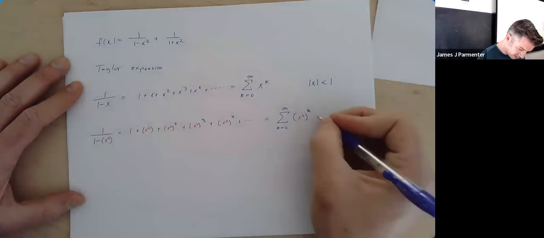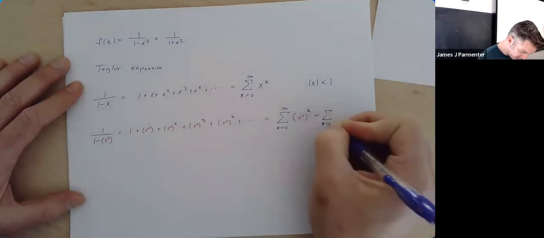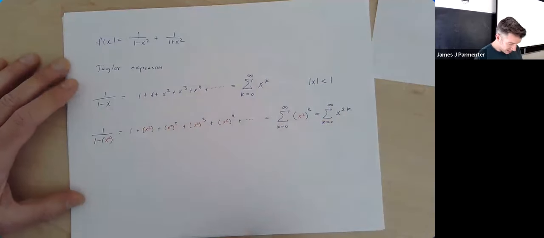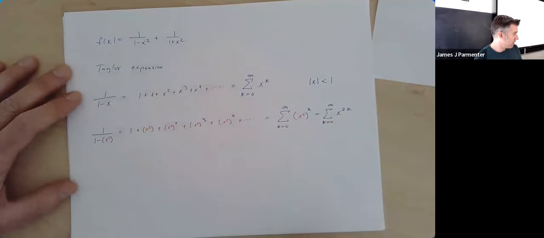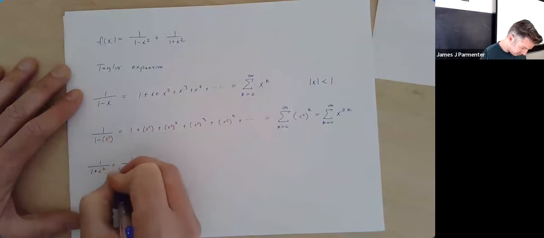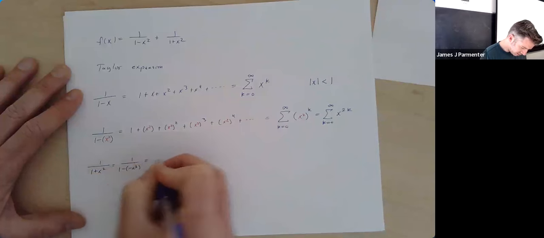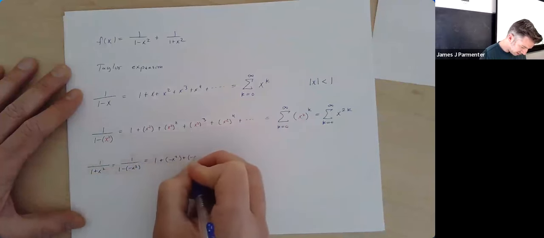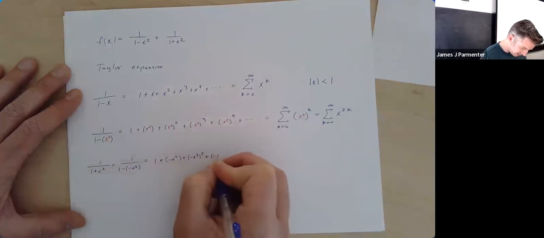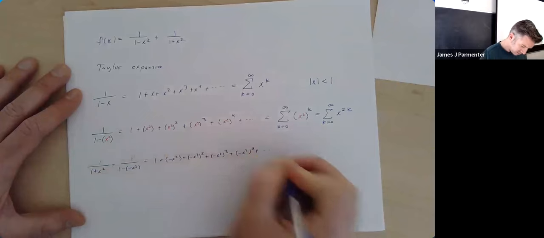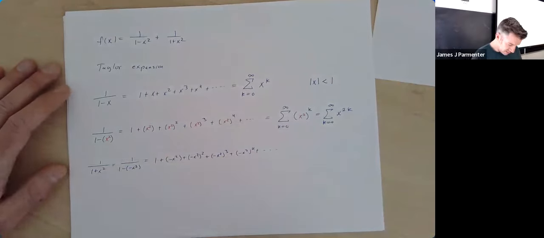Which means this is really the sum from k equals 0 to infinity of x to the 2k. But I could also put a negative x squared there and say that 1 over 1 plus x squared is really 1 over 1 minus negative x squared, which is going to be 1 plus negative x squared plus negative x squared squared plus negative x squared cubed. And so if I simplify these,